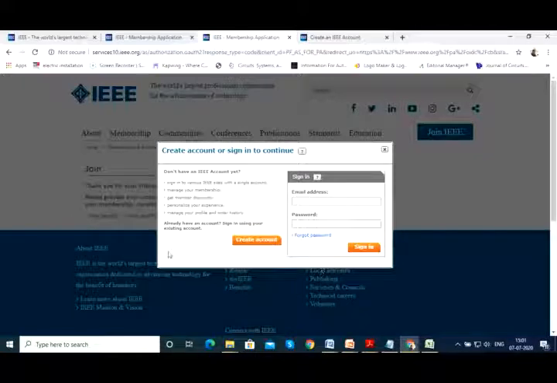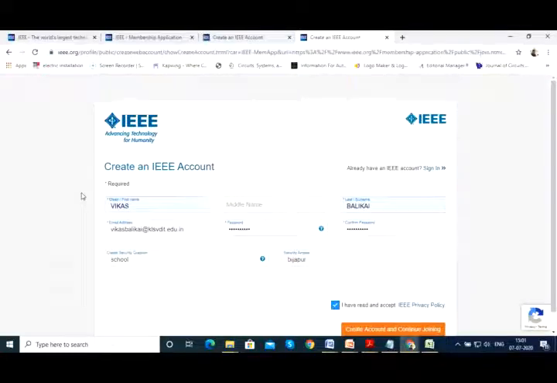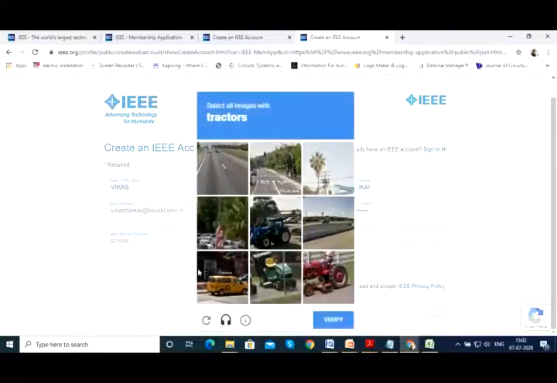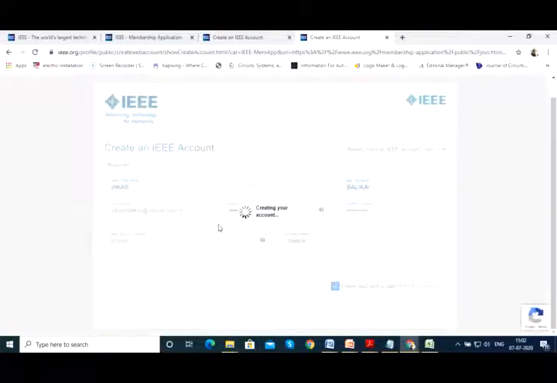After this window, just say create account and it will redirect you to this particular section wherein it is asking all the basic details that are required for creating the login credentials. You fill up all the details. I have created a dummy login ID in my own name. So fill up the details like first name, last name, email ID, password, and security questions, all those things, and check that I have read and accept the IEEE privacy policy, and then say create account and continue joining. Just see to it that you fill all these security questions. As soon as you do that, it will redirect you to another window